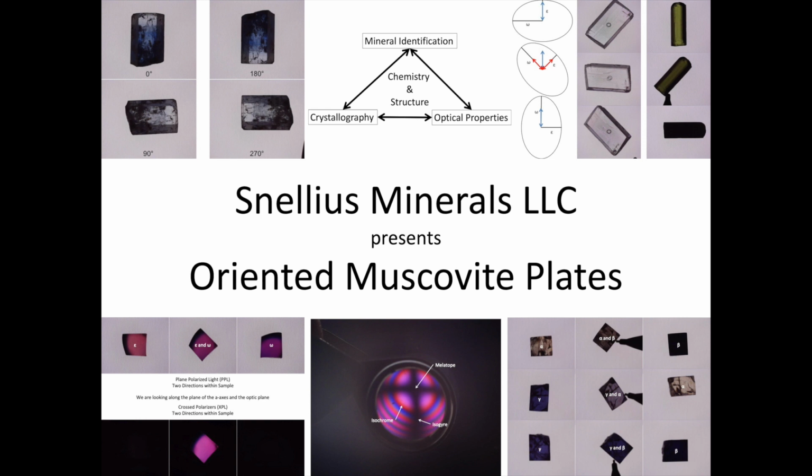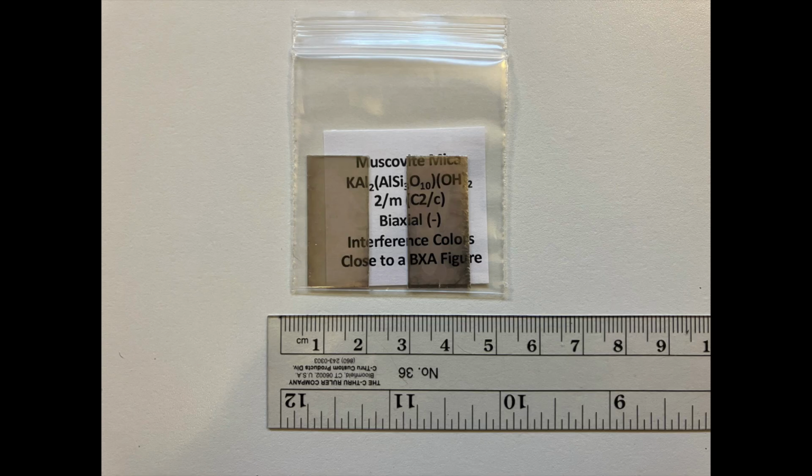Hi everybody! Today we're going to take a look at some oriented Muscovite plates and the fun experiments that we can do with these, particularly regarding the addition and subtraction of interference colors. Here's an example of these oriented Muscovite plates in ambient lighting. And these are thin rectangular plates that have been specifically oriented to help us understand some of the optical properties